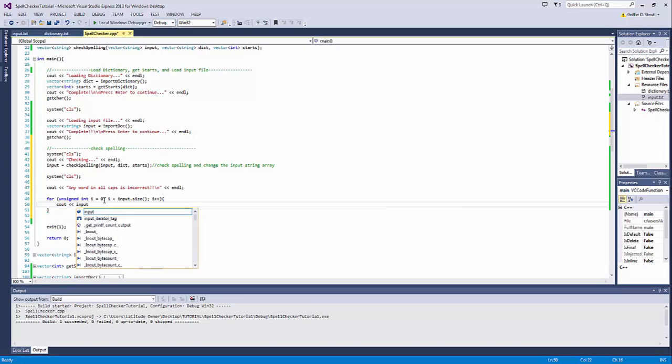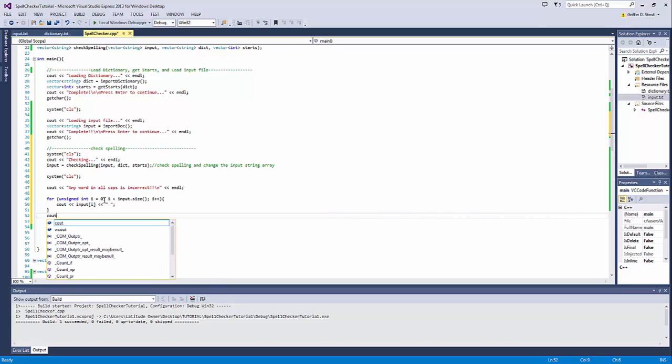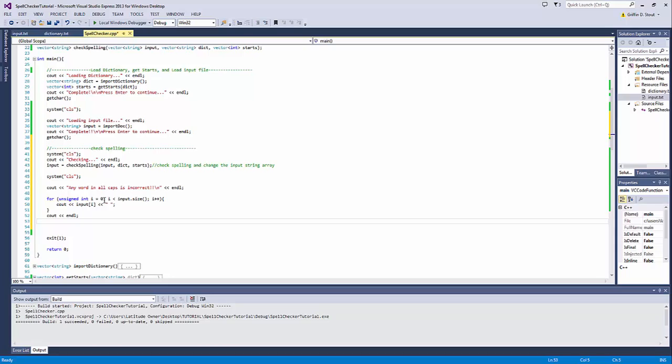So input i, and then we're gonna put a space in between each word, and then we're gonna make our last line cout in the line,